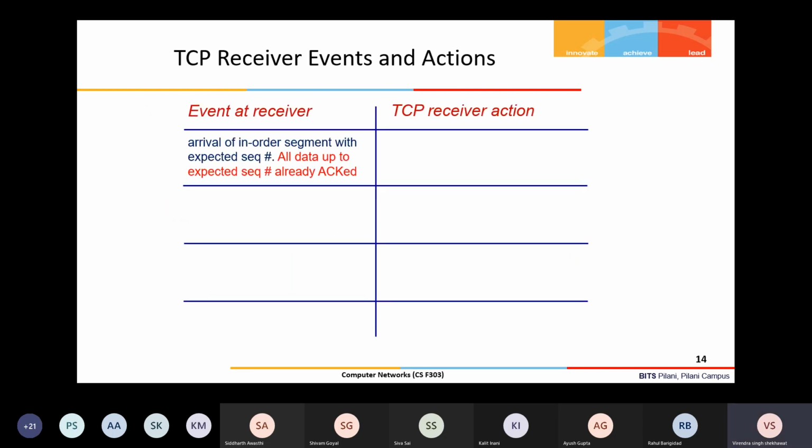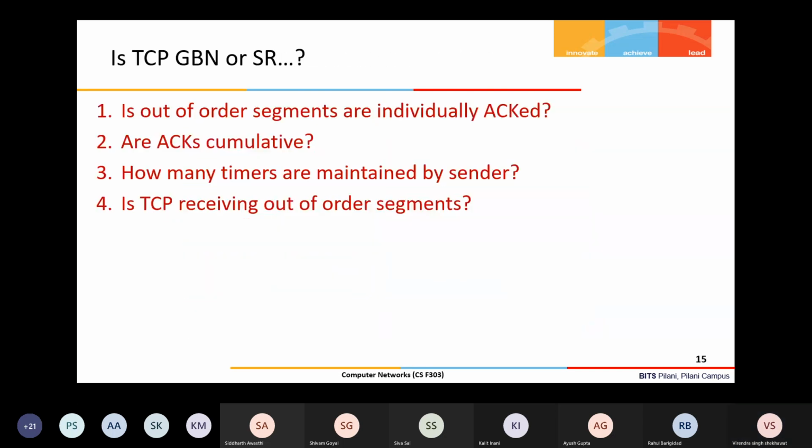So if you answer these questions, then we can come out of that. First, are out of order segments individually acknowledged? TCP buffers the out of order segments, right? Suppose I receive up to here, then this is missed, and then this segment is received.